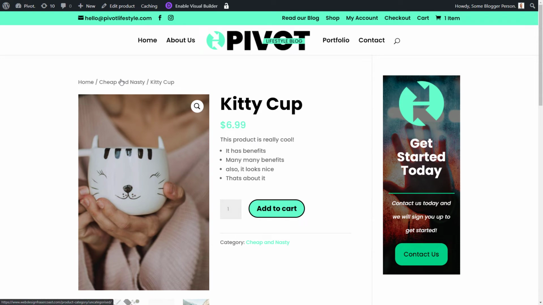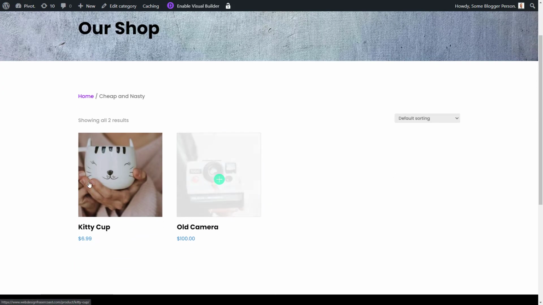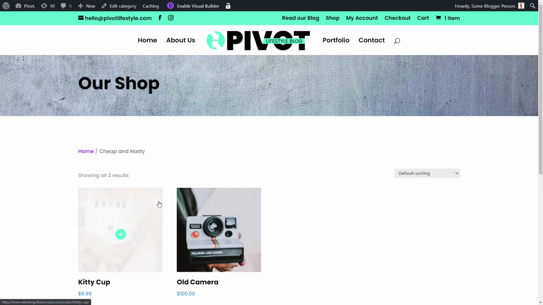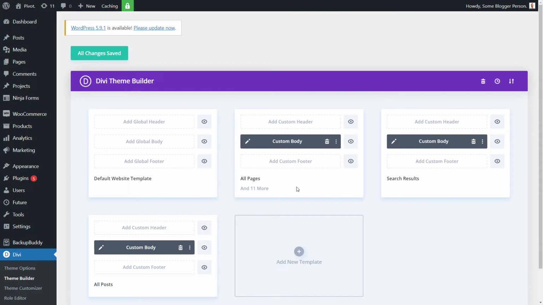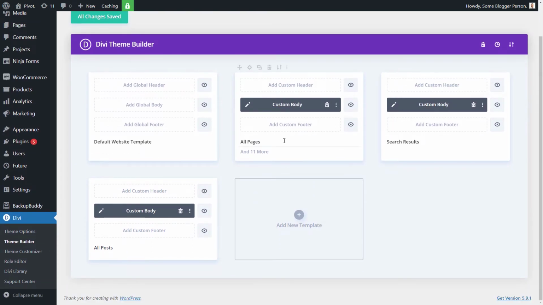If I go to the actual category here itself, it has only the items from that category. Now something else I want to touch on about this section here, I'm going to duck back to the theme builder, go into,